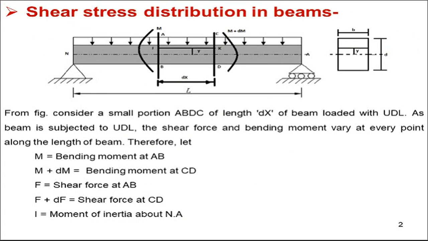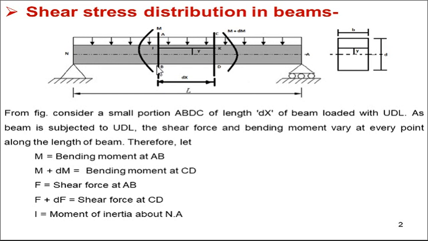For the derivation, we have considered one beam which is simply supported at its ends, and there is a UDL acting on the beam. You can see in the figure there is a longitudinal cross section and a transverse cross section, and both of these cross sections with the dimensions are available. The beam's length is capital L, and at the ends there are supports. At one end there is a hinge support and at the other end a roller support, meaning it is a simply supported beam, and you can see a UDL acting on the top of the beam.